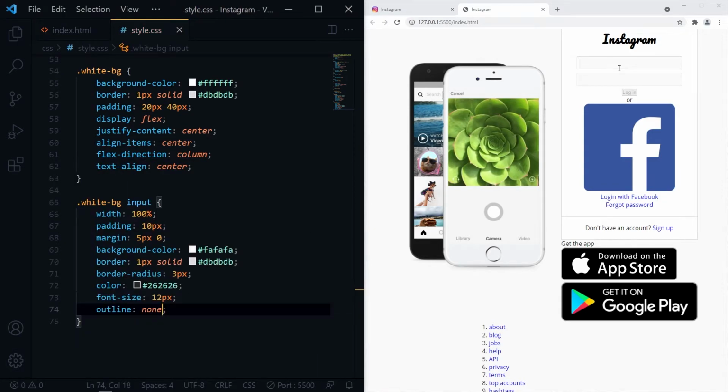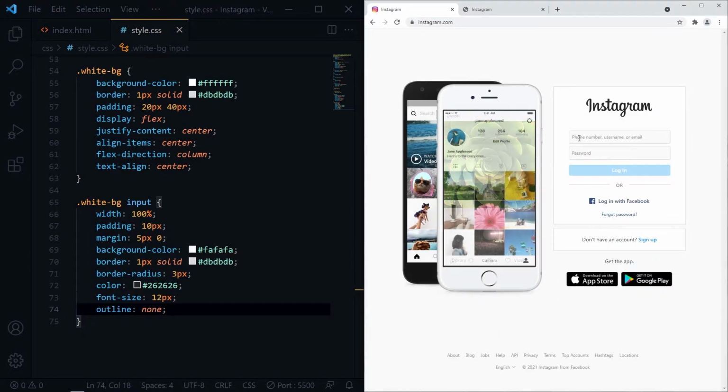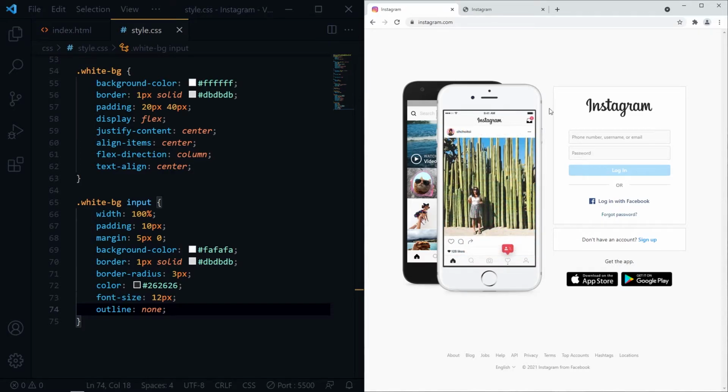We need to give placeholder for the inputs. For the first one, phone number, username or email, and for the second one, password.